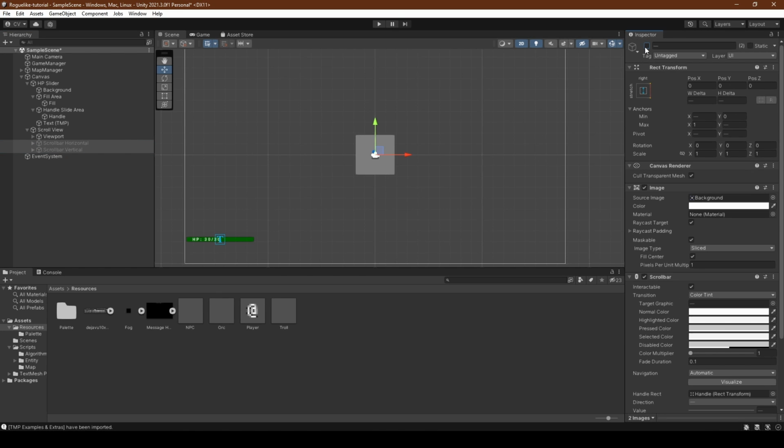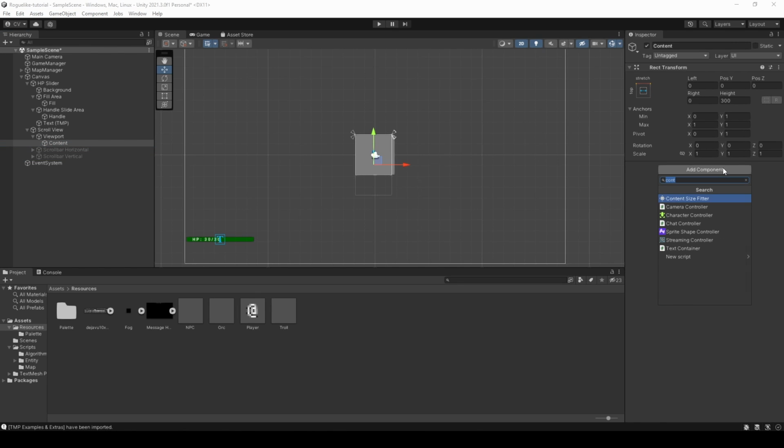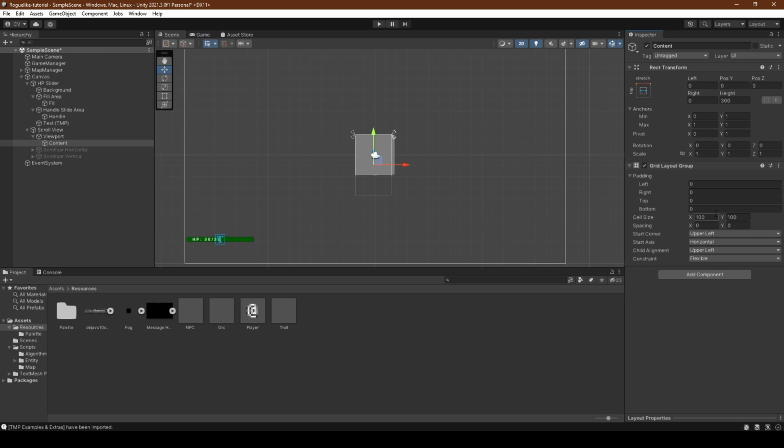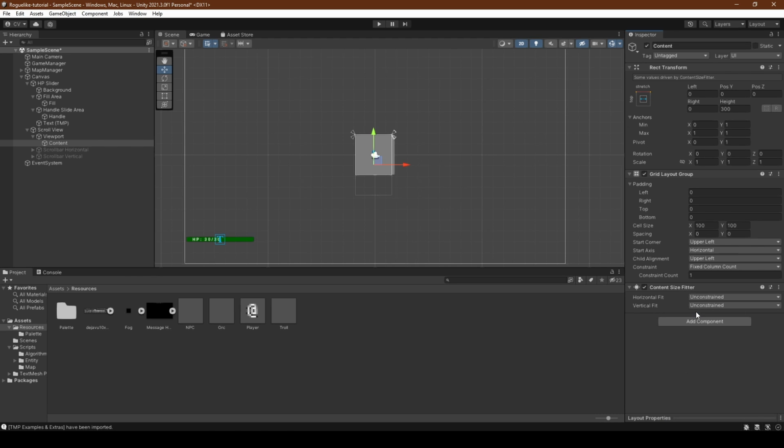Next, expand viewport, select content, and add a grid layout group component before setting its constraint to fixed column count and 1. Add a content size fitter, setting both the fits to preferred size. Proceed to duplicate the scroll view object in the hierarchy,